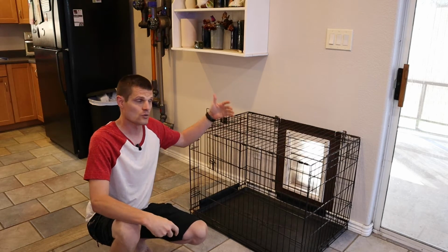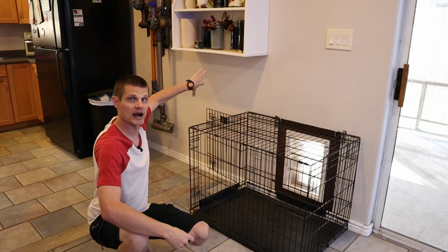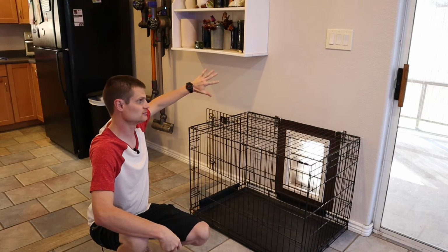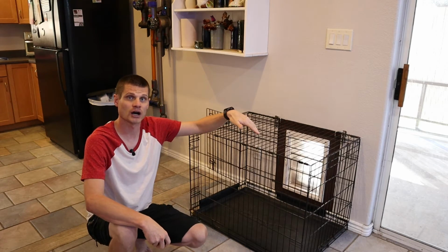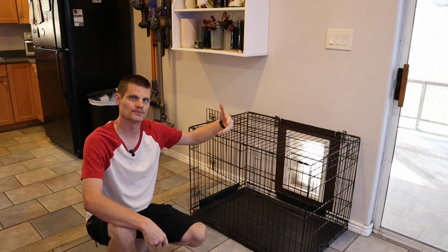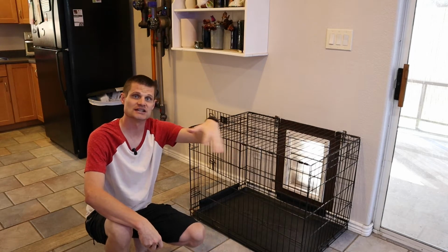If you don't know, what we do is our back patio, I have it enclosed. There's an area of synthetic grass over on this end where they can use the restroom and stuff like that, but they don't have full access to the entire backyard while we're gone. Then we close the crate so they can come inside and get some cool air, and then they can go outside on the back patio, but they don't have free range of the house to tear stuff up,